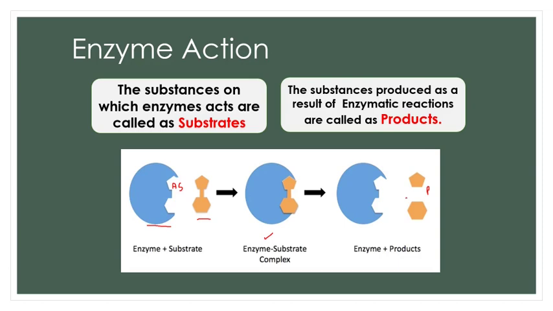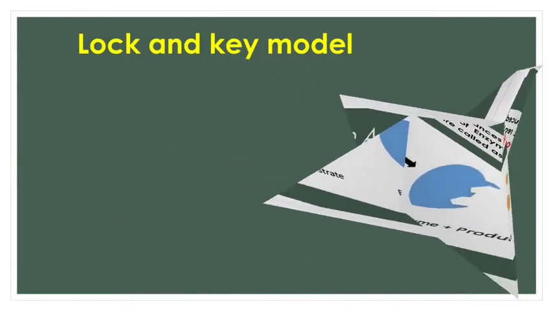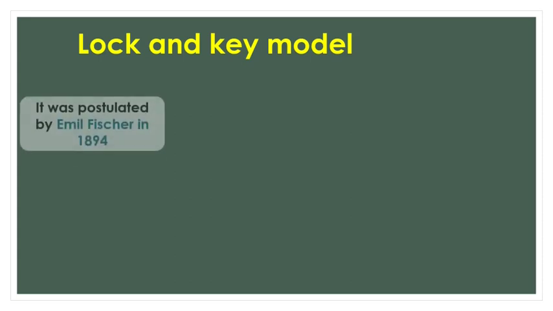So this is the action which is carried out by the enzyme. The enzyme has active sites, the substrate fits into the active sites, forms the enzyme substrate complex, and the substrates are converted into products by the enzyme by its biocatalytic mechanism. Let us see, there are two models which explain how these enzymes work. The first model is called the lock and key model.